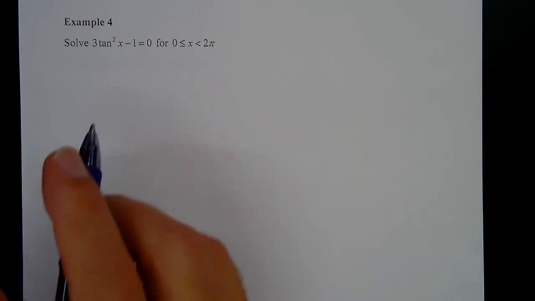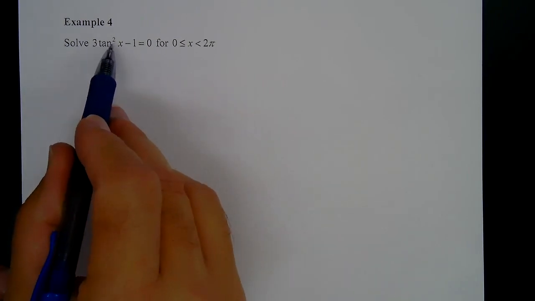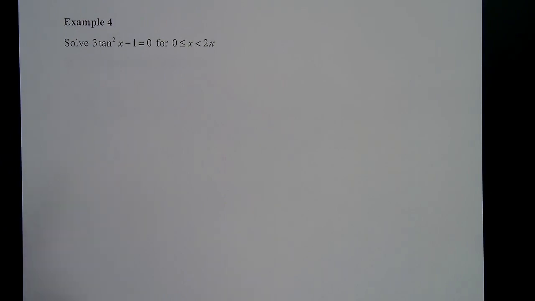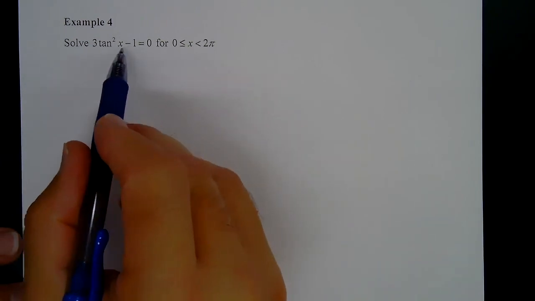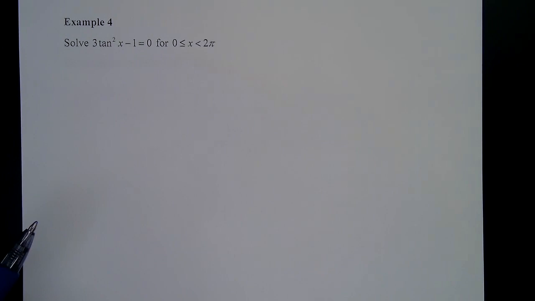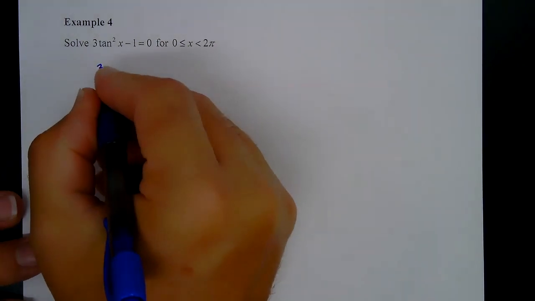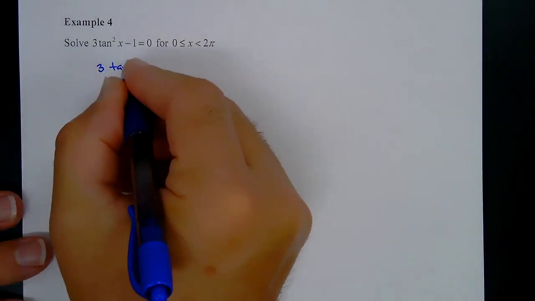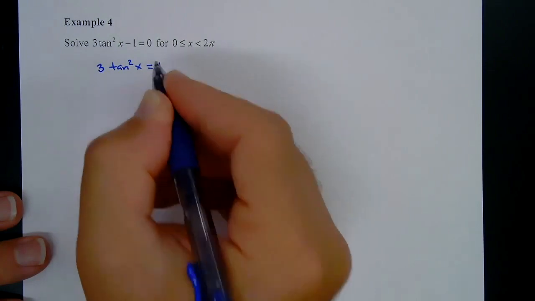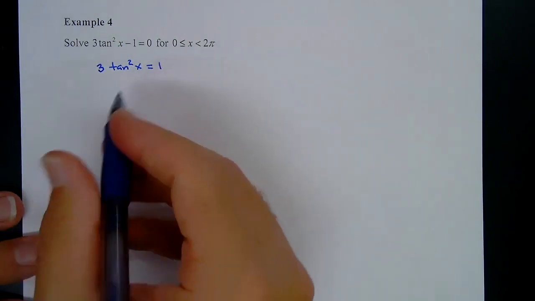Okay, for this next problem, we want to solve 3 tan squared x minus 1 equals 0. Remember, tan squared x means tan x times tan x. So again, we want to get tan squared x by itself and then get tan x by itself. So I want to add 1 to both sides. This would give me 3 tan squared x is equal to 1,